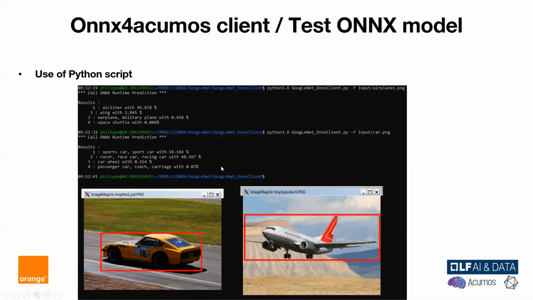As you can see here, I use it with Python 3.6. I put as an input some images, airplane, car, and we can see that we have some results from the GoogleNet model with a level of confidence for each of the results.